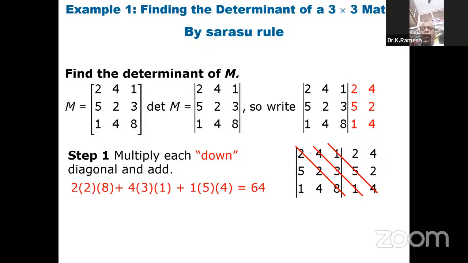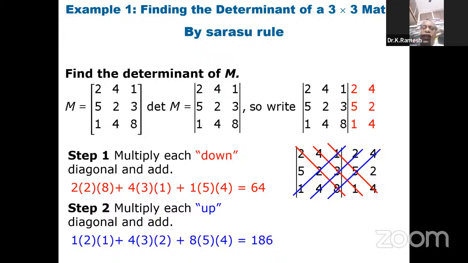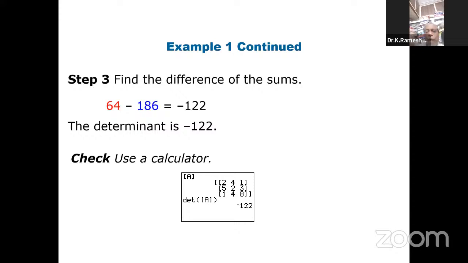Then find the product of the downward diagonal elements. And similarly, the product of the upward elements, as shown in the diagram, is found. Now you take the difference of these two products, and that will be the determinant of this matrix. Sarrus' rule is applied only for 3 by 3 determinant matrices, and it cannot be applied for higher